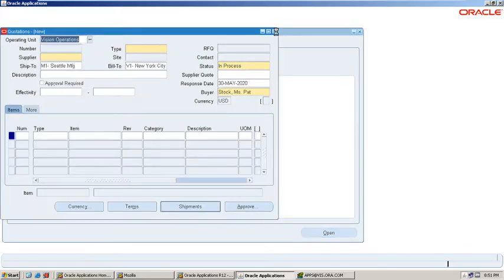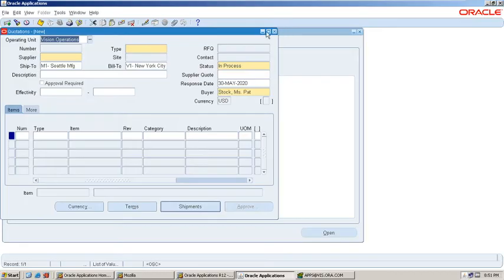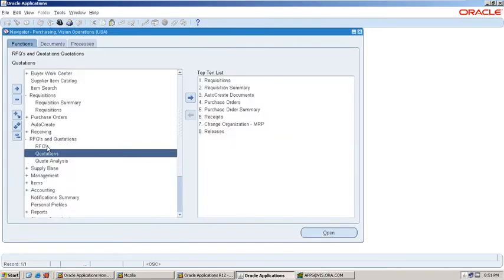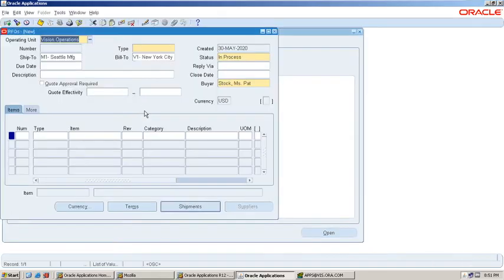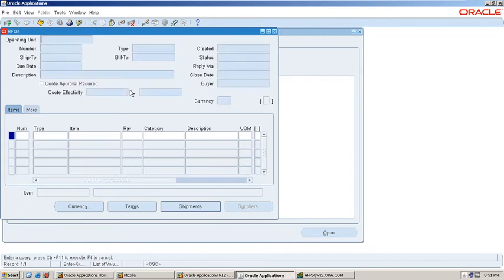Instead of going to the quotation form, we will create quotations through the RFQ window itself. Query the RFQ. What is the RFQ we have created? 308.